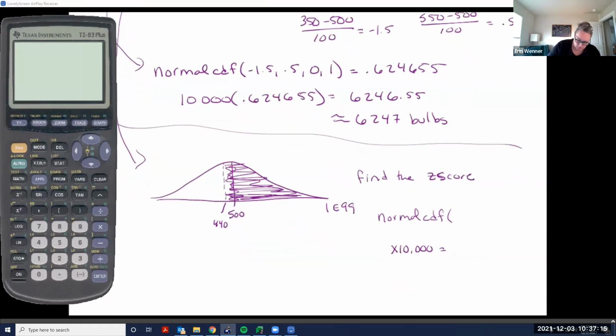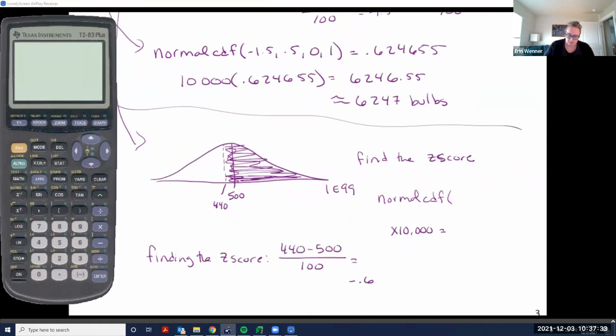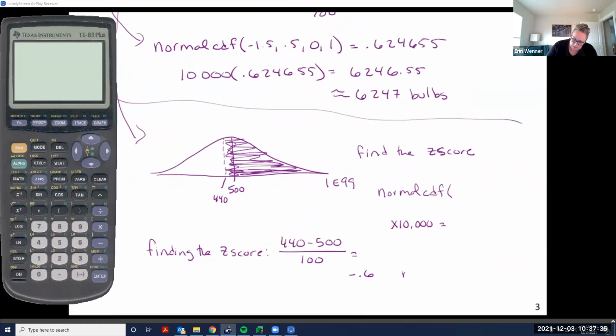So finding the z-score means we're going to do 440 minus 500 over 100, which gives us a z-score of negative 0.6. So from here, we're going to do normal CDF of negative 0.6, comma, 1E99, comma 0, comma 1, which gives us